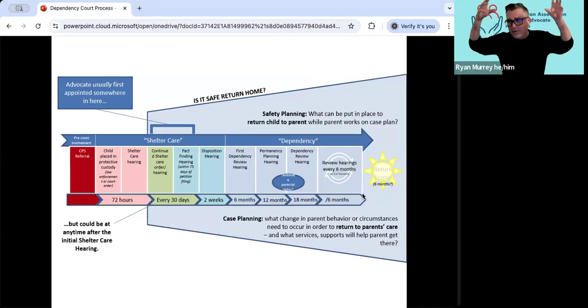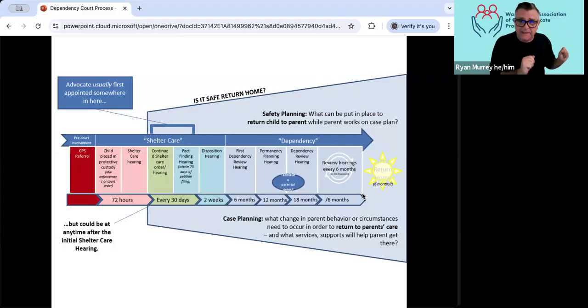They go through DCYF's process of assigning whether they either go out to investigate directly the allegations that are being made, and from that investigation or those communications with the family, they may go to a voluntary services agreement, family alternative response, or they may just jump straight into the whole court process. I'm not going to spend too much time on that because we call all that stuff pre-court involvement.